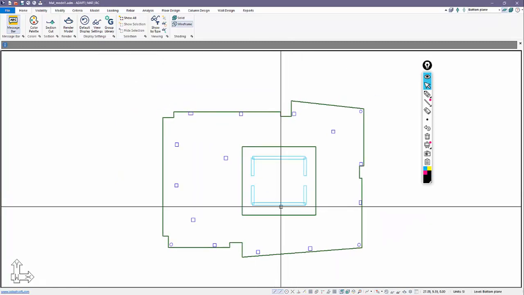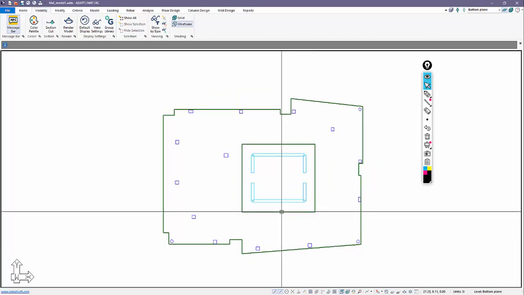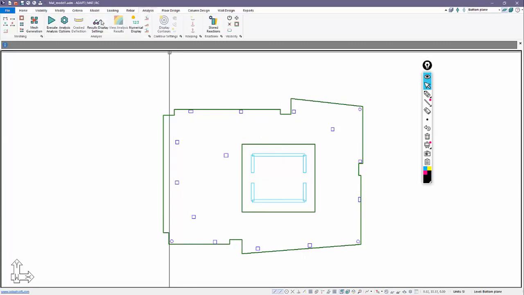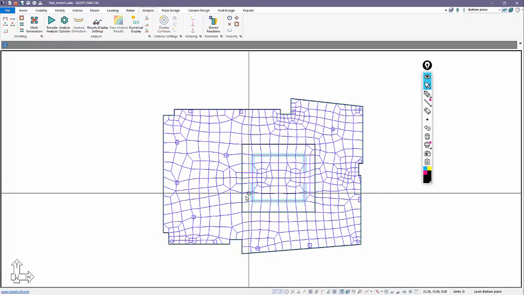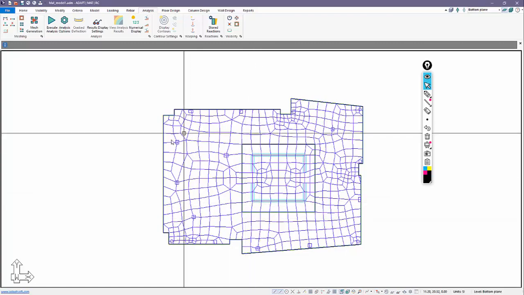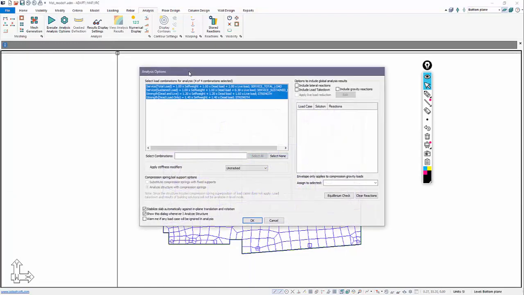Okay, before we actually start adding the design strips to design this, we're going to check punching shear. We're going to just run a general analysis and look at the soil pressure. So we might want to make adjustments on the slab thickness, if our punching shear and or soil pressures and displacements don't look reasonable. So we'll go ahead to select analysis. We need to mesh the slab in order to analyze it. We're going to use our default meshing settings here, simplified for slabs, and we'll use the 1.5 meter size. We'll select save and mesh. This will create a finite element meshing pattern for us, and then we're going to execute the analysis.